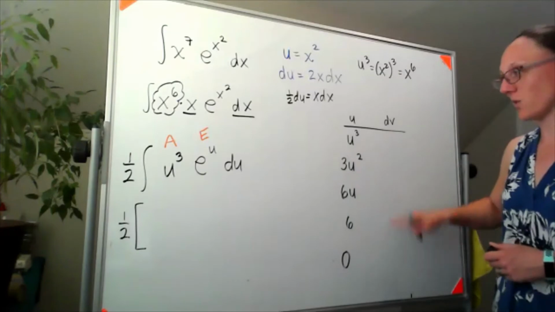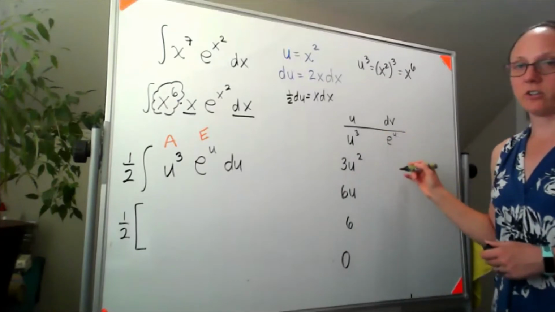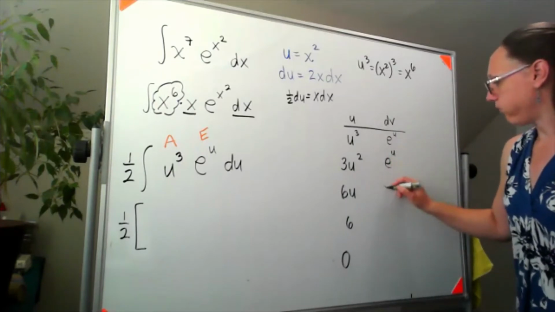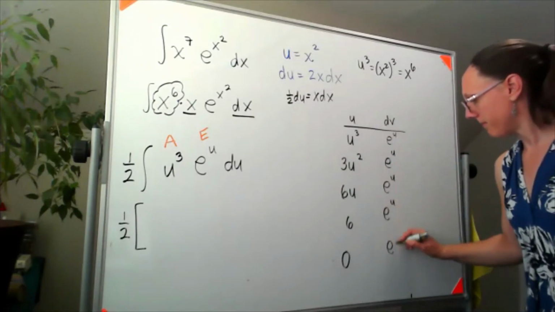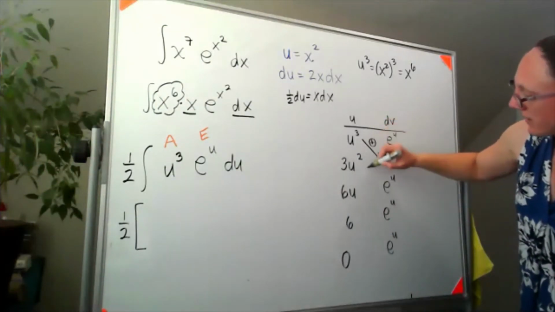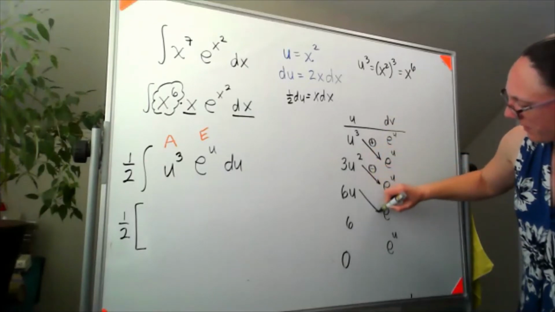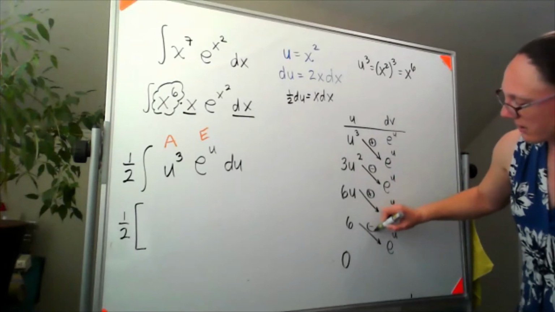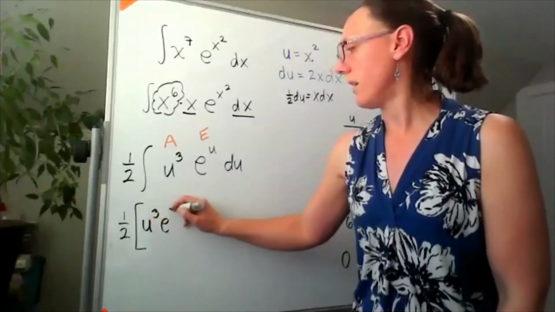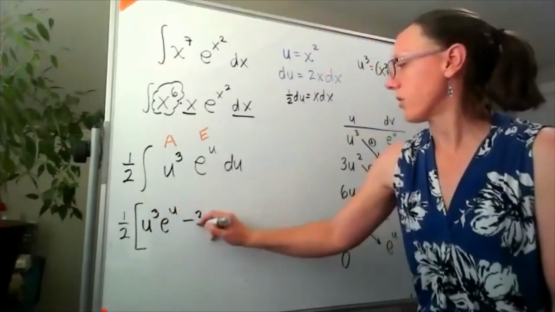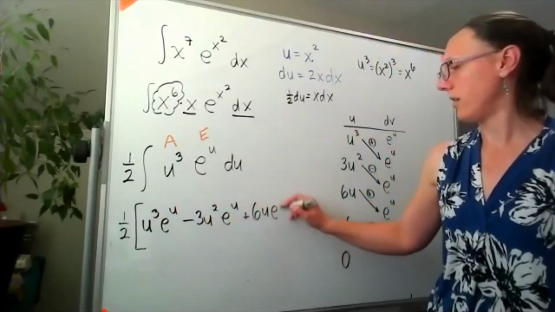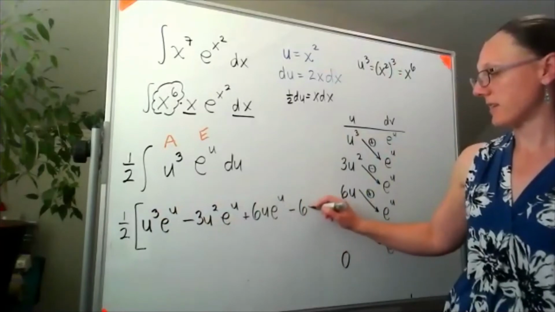Now I need the corresponding integrals. So we started off with e to the u. And the good news is that when I integrate e to the u, I get e to the u, and then e to the u, and then e to the u. And then we come in here and we take our diagonals. That'll be a plus and a minus and a plus and a minus. So stacking that all together, I'd end up with u cubed e to the u minus 3u squared e to the u plus 6u e to the u and minus 6 e to the u